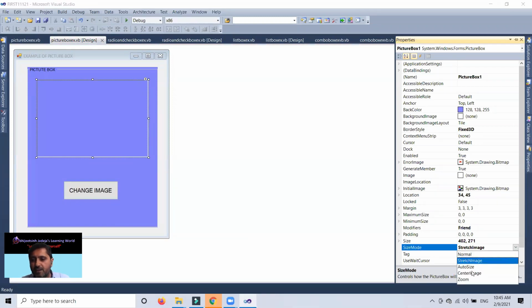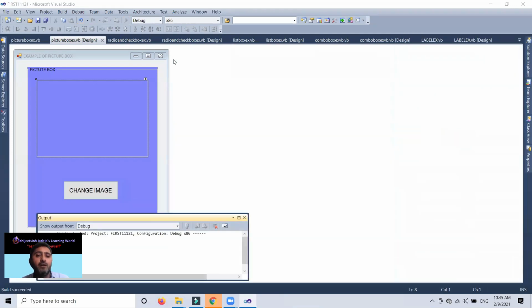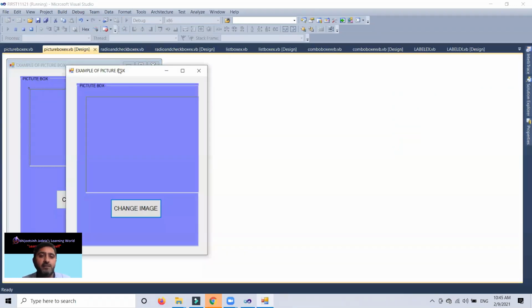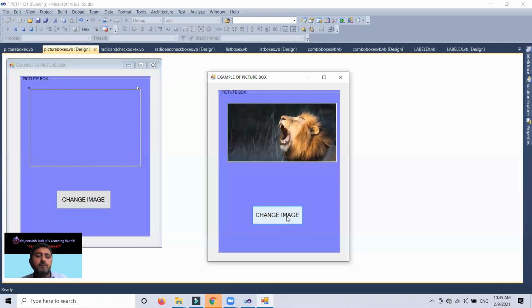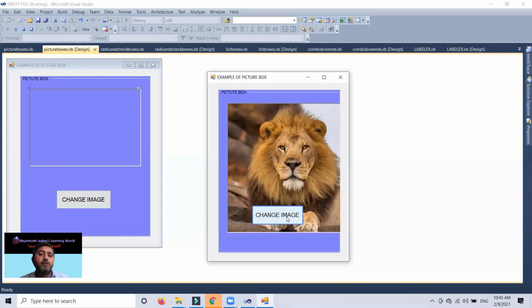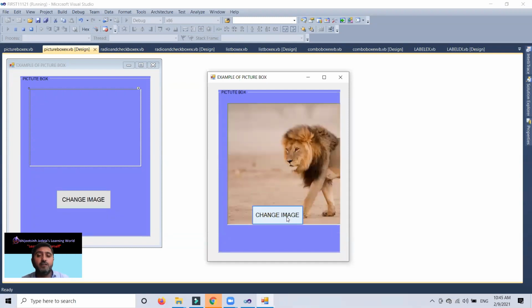If you take it as auto size and you run, look, what is the effect? Whatever the actual image size, it will be loaded. Look, this image dimension horizontally is so big, so it will cover my picture box and buttons, it crosses it.